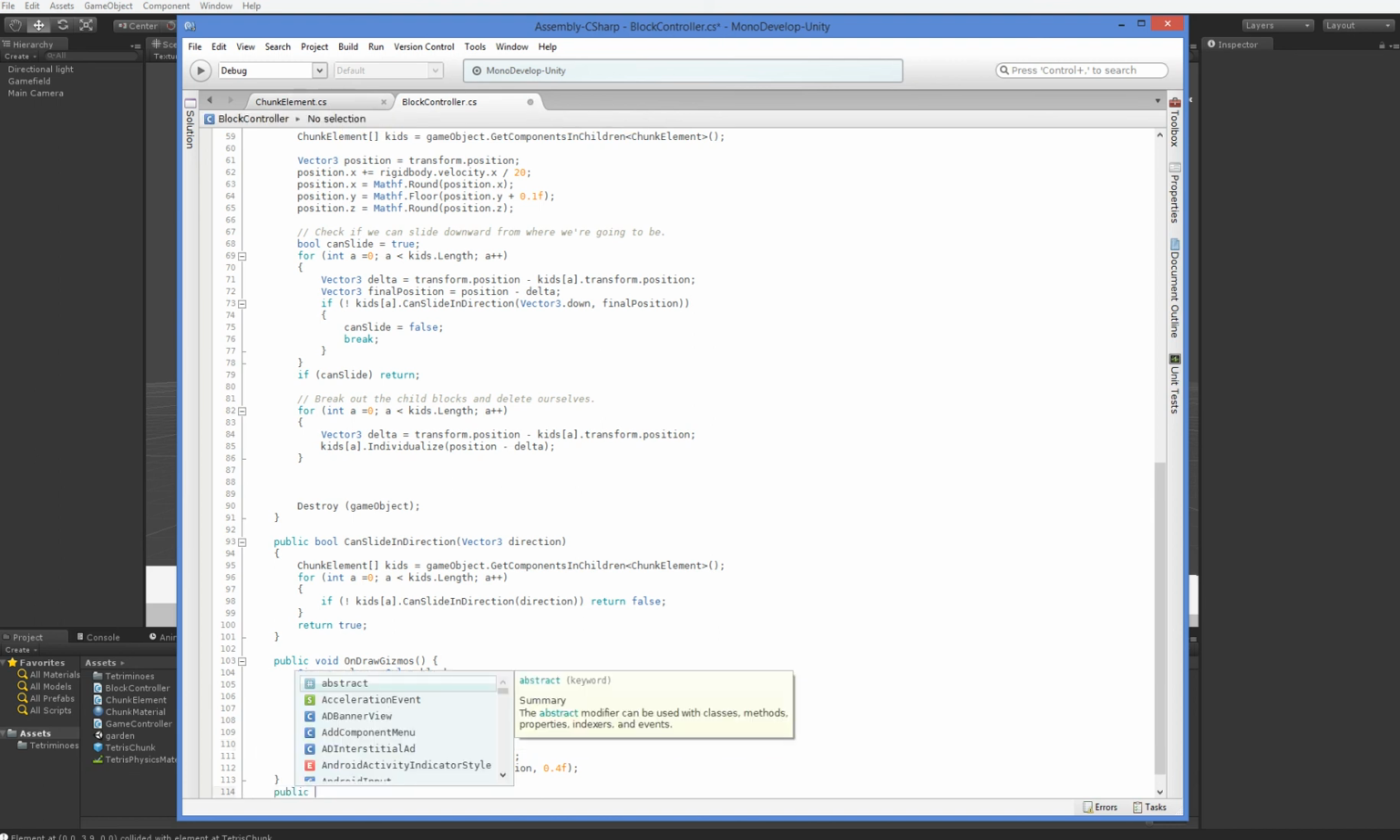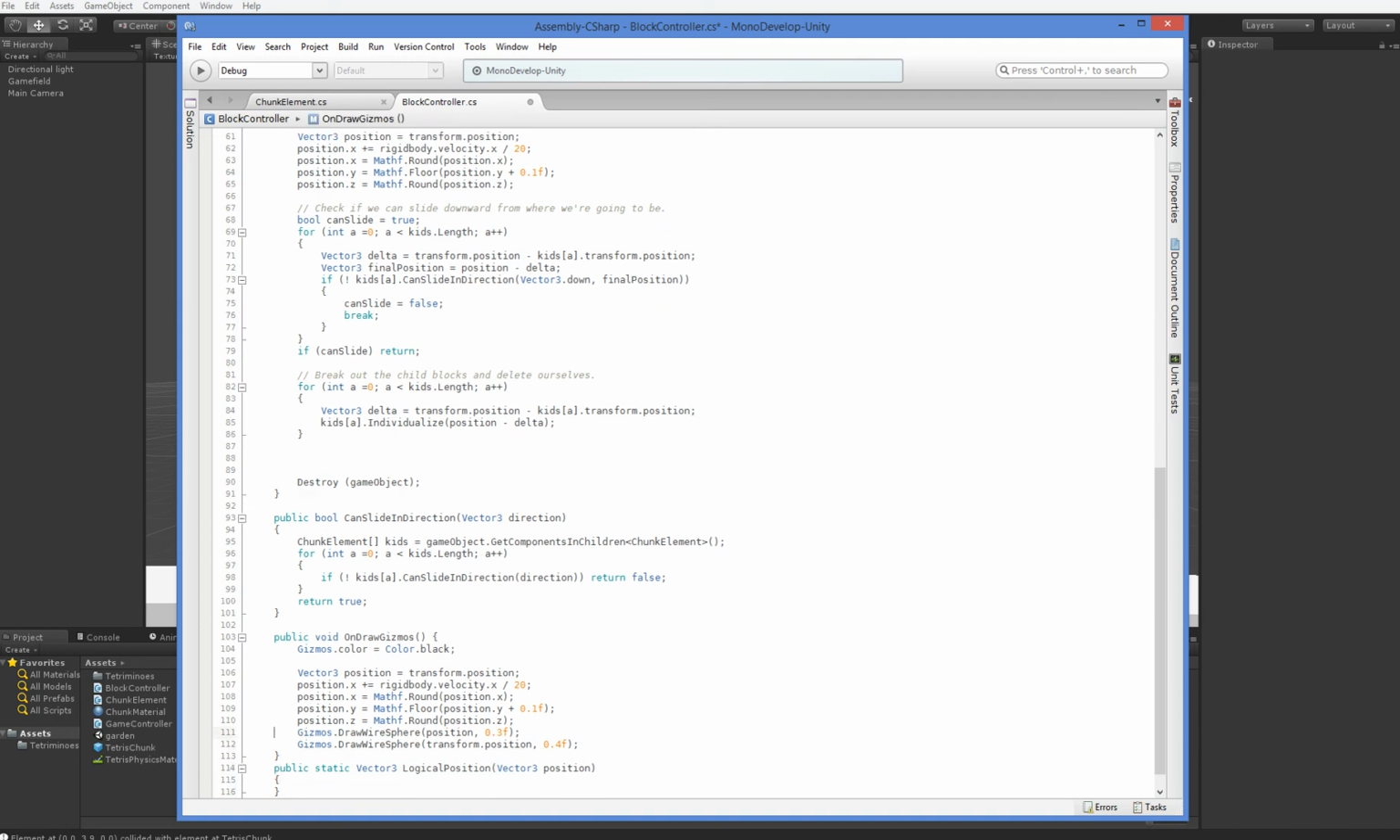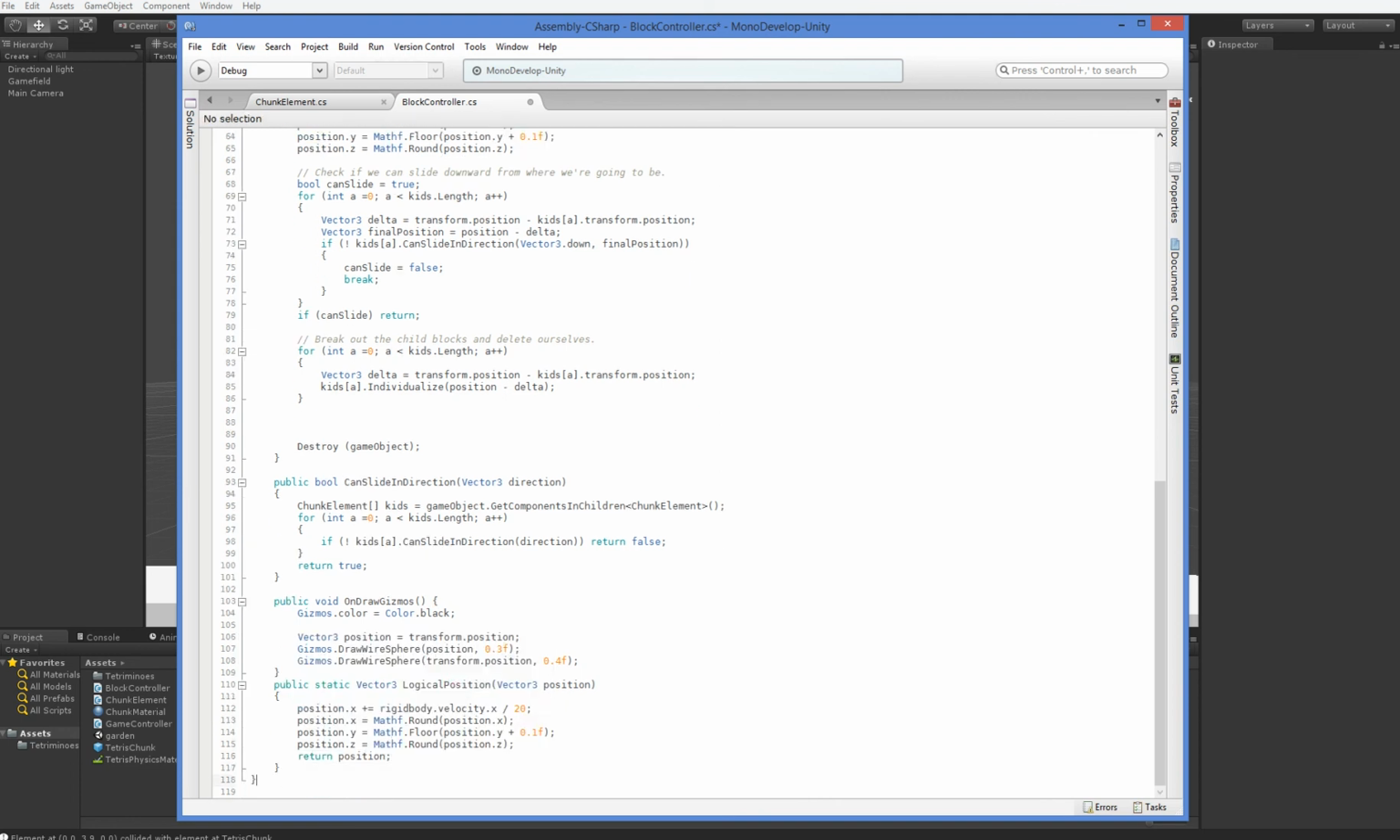Public static Vector3. Oh, let's go ahead and not make it static. Well, I guess we could make it static. It wouldn't matter. Yeah, it's fine if it's static. Logical position. Vector3 current position. This position right here. There we go. So here we just say equals logical position